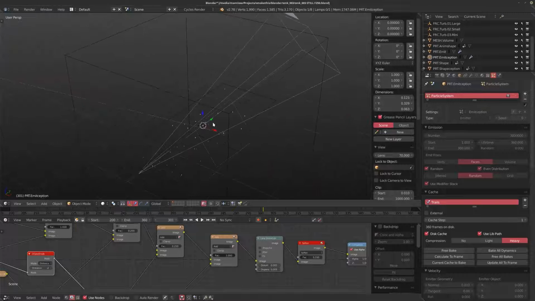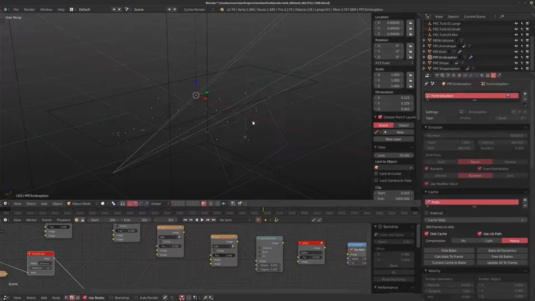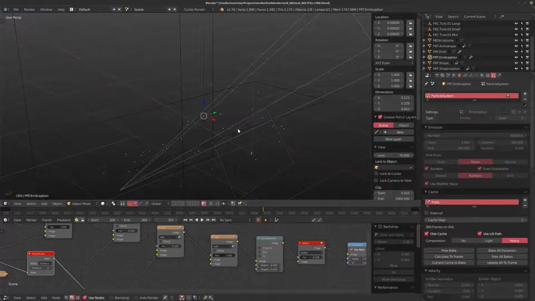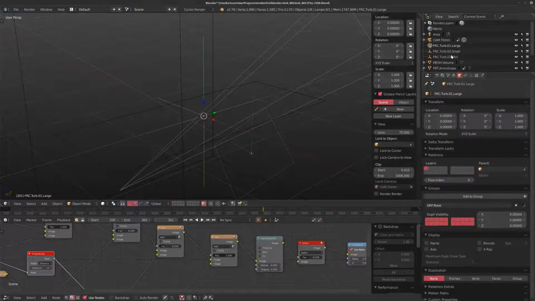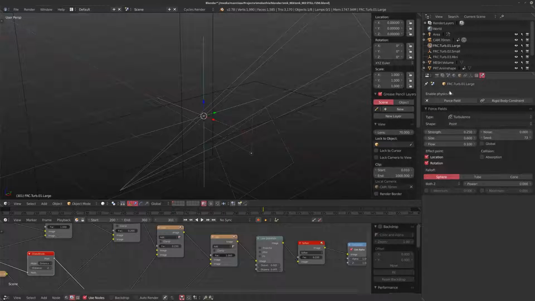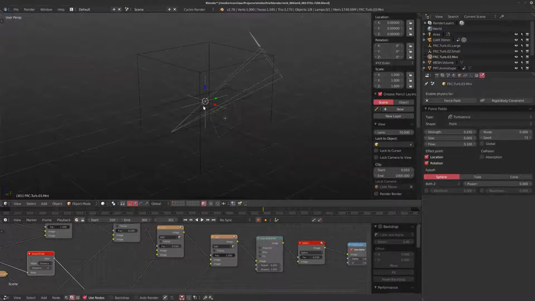So I hope this was a bit informative about how to approach this sort of effect. I know this video is a little bit short, but I just wanted to open up the file and show you that with a relatively simple amount of objects, you can create really interesting looking things. Like I said before in the previous videos, I actually have 3 turbulences in this one. So I have a large, a small, and a mini, each with their own strength and sizes and flows as well, which is something you can experiment with too. To get these really cool looking results and this almost ink-like movement of ink and water.